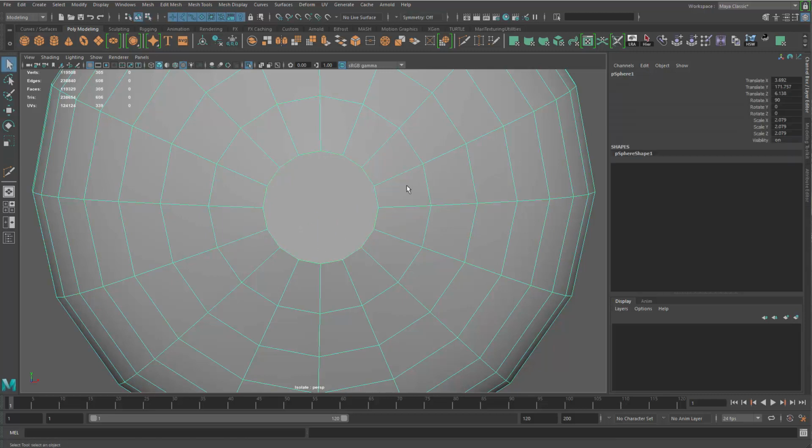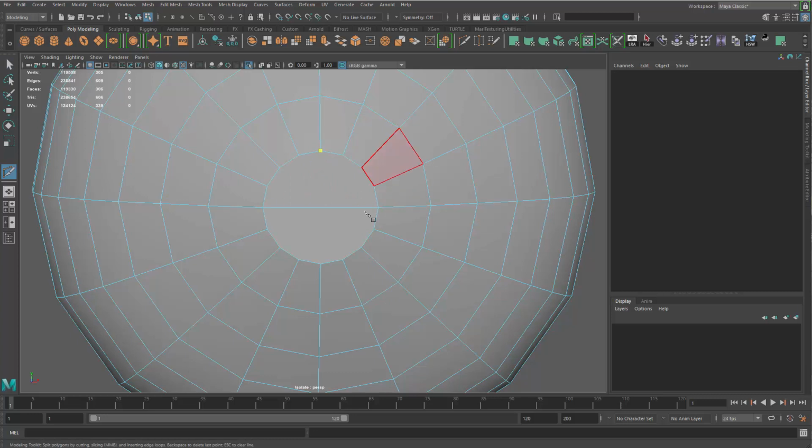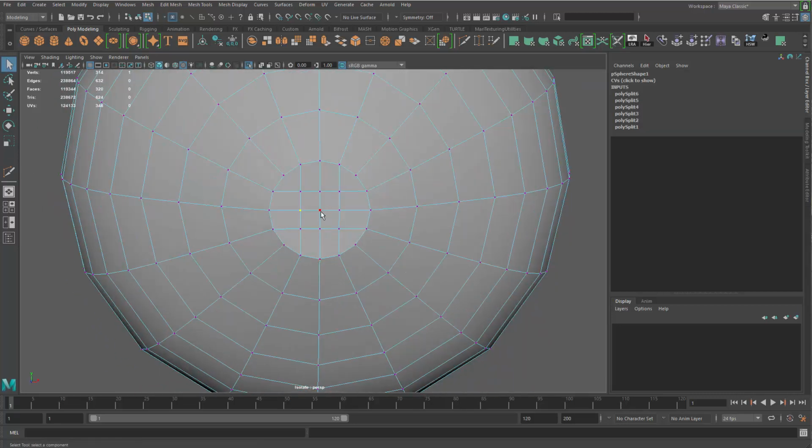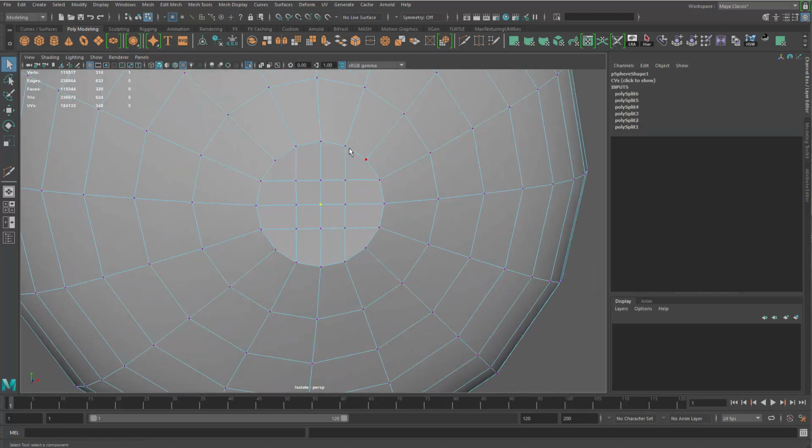Turn off symmetry. Use the Multi-Cut tool to connect that and that. Create 2 horizontal lines and then 2 vertical lines, so that I have this. Right, and then I can grab the vertex in the middle and, holding down Control and right mouse button, grow